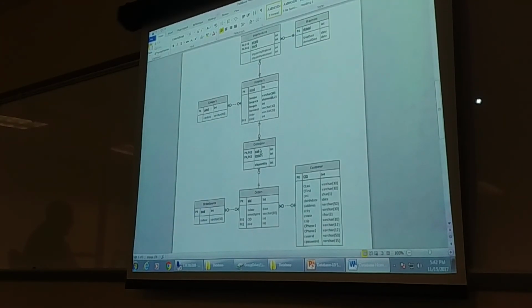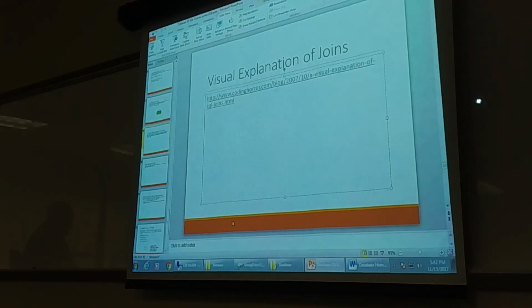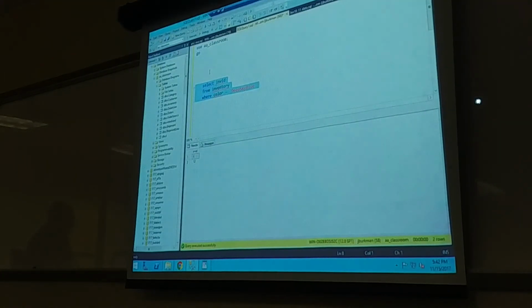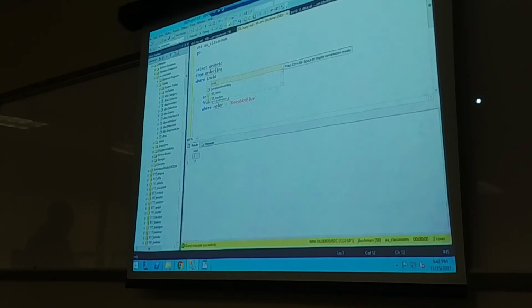So what I'm going to do is say select order ID from order line where inventory ID in this set of stuff. Remember I told you we're going to take in and replace it with a query? What happens with an inner query is executed first,